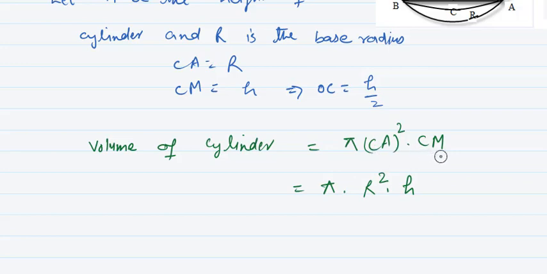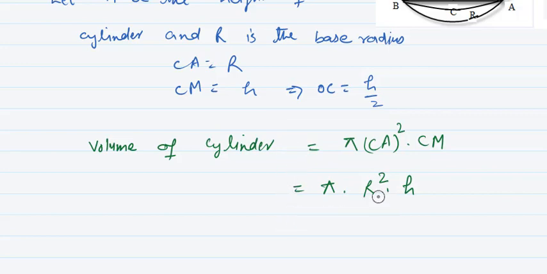Why have I taken here CA and CM? The reason behind it is a very common point where students usually make the mistake. Instead of writing in the form of CA, CM, or in the form of vertices, they just write r square h. So sometimes if we have not considered r and h over here and we are considering, suppose, x, y, then it will create a problem over here. So it is better to write in the form of the vertices and then change it into the variable which you have considered. This will avoid a big mistake, called a silly mistake.